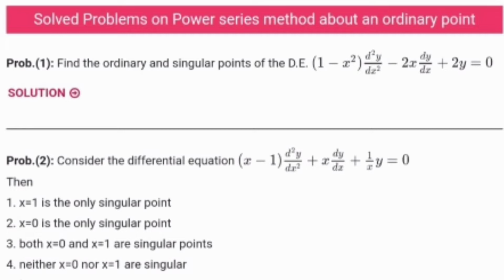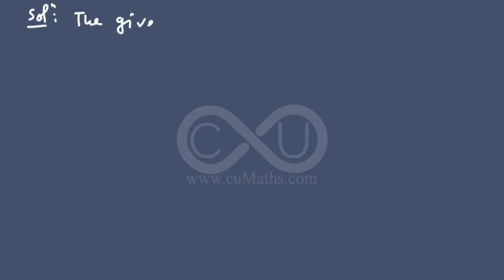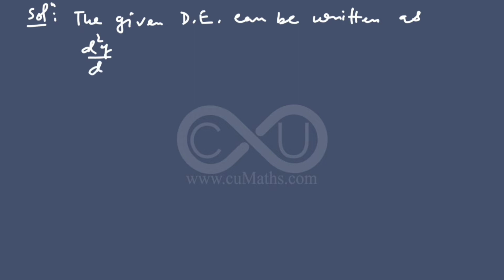Here the question is, we have to find ordinary and singular points of the differential equation (1 minus x square) d2y/dx2 minus 2x dy/dx plus 2y equal to 0. So, the given differential equation can be written as in the standard form d2y/dx2